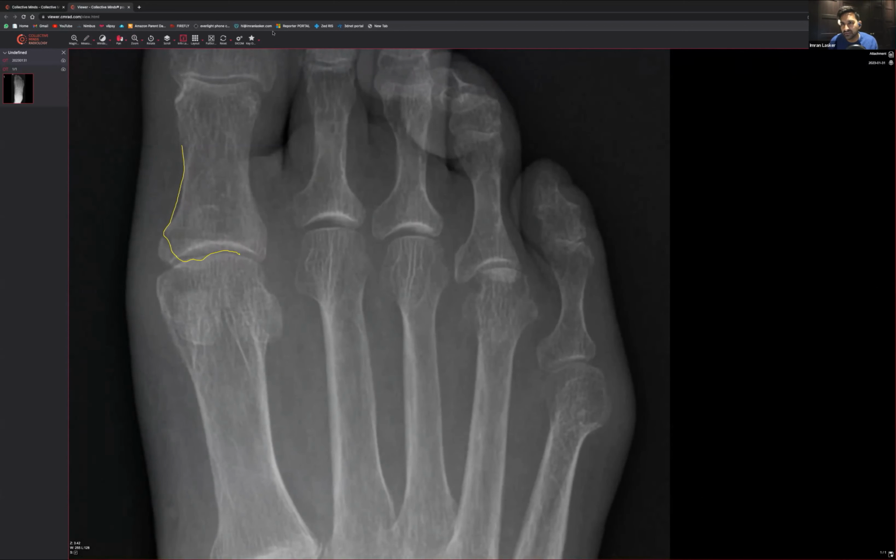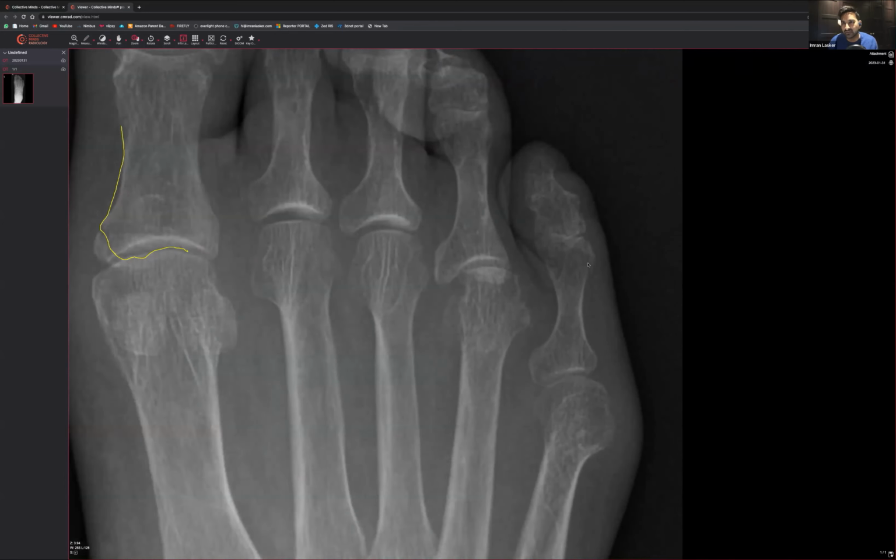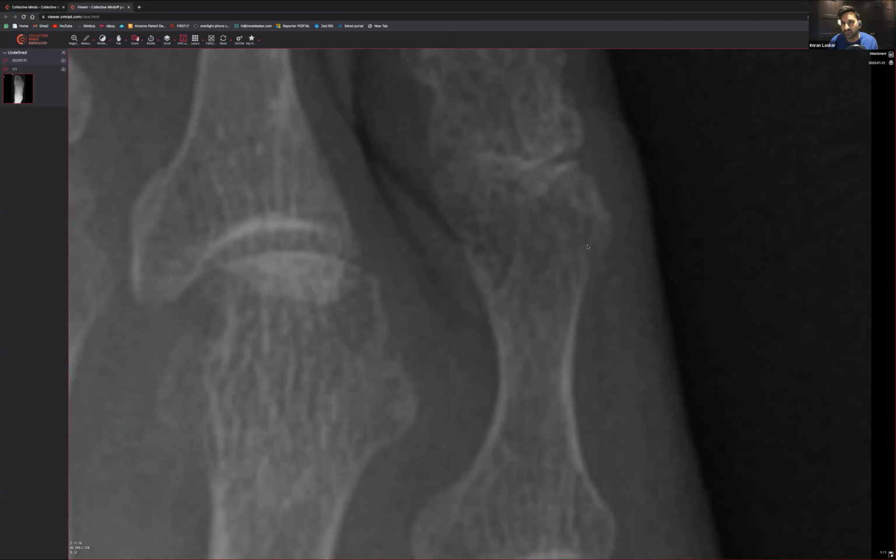And the only other part that I was a little bit worried about is this area over here, where it just looks like there's a bit of a cortical edge and this radiolucence, that kind of jagged edge like there. Can you see that? So I reckon there are probably 2 fractures there.